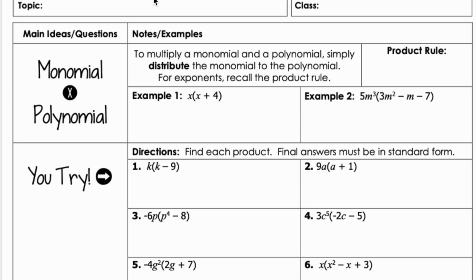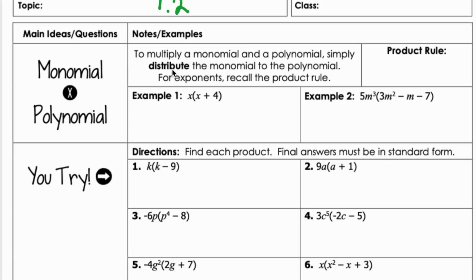Guys, this is going to be our Unit 7.2. This is our second set of notes in Unit 7. And we are going to be moving on to monomials times polynomials. So we are all familiar with the product rule, and I'm just going to go over it